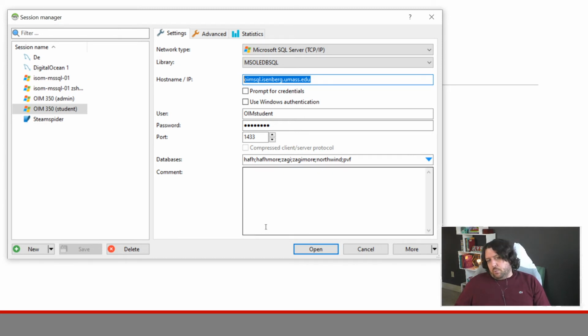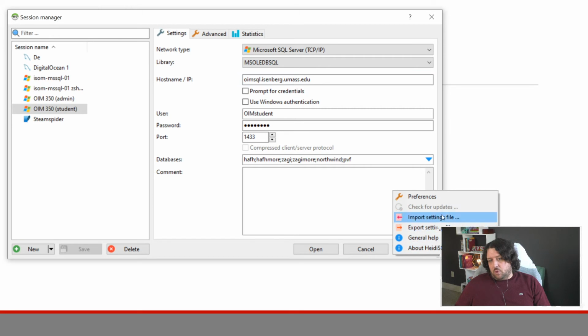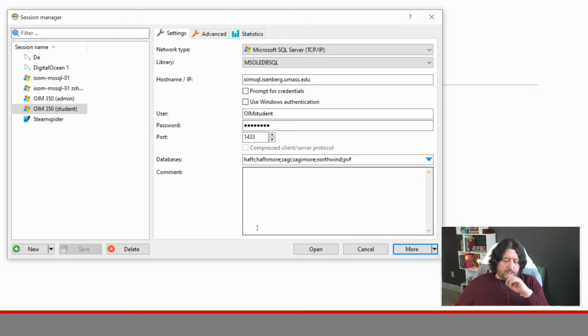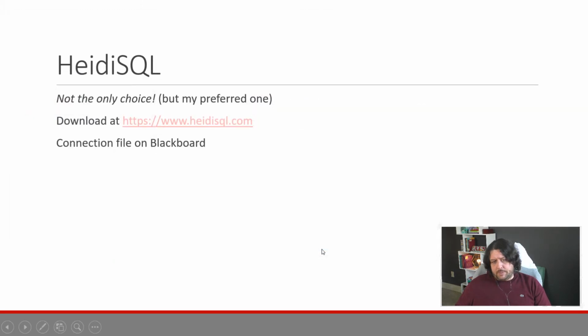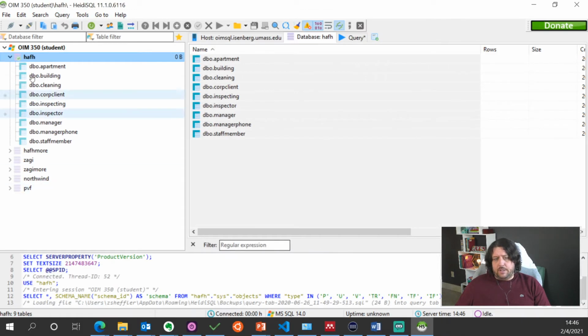So I have my information imported. The way that we would import it is to go here where it says More and import a settings file. From there, you're going to import the settings file oimsql.txt. That's downloadable on the Blackboard course content site, and it'll populate this. Open that up, and you'll get